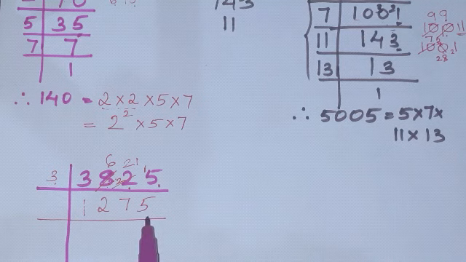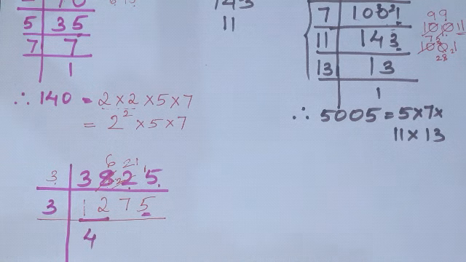Again this number is ending with 5. So again we can't use even numbers like 2, 4, 6, correct? So again we have to use a number which is either 3 or 5 because the number is ending with 5. So 12, 1 is not there in 3's table, definitely, because this is a number lesser than 3. So we have to use this number together. So 3 4's are 12. 7 is not there in 3's table, so I'm going to make it 6 and give a carry to this number. So 3 2's are 6 and 3 5's are 15.